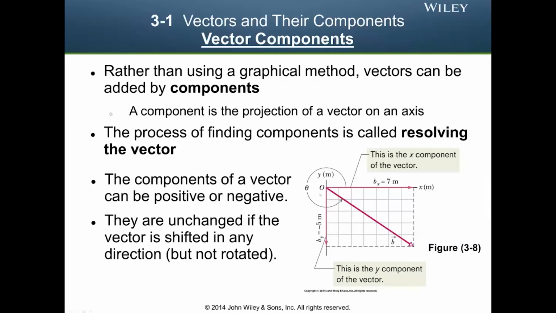So you have this x component equals 7 meters, and the y component equals 5 meters. If you see this vector here, and this will lead into the next slide, if we transpose it, basically just pick it up and move it, keep the same direction, same magnitude, and we put it down here,